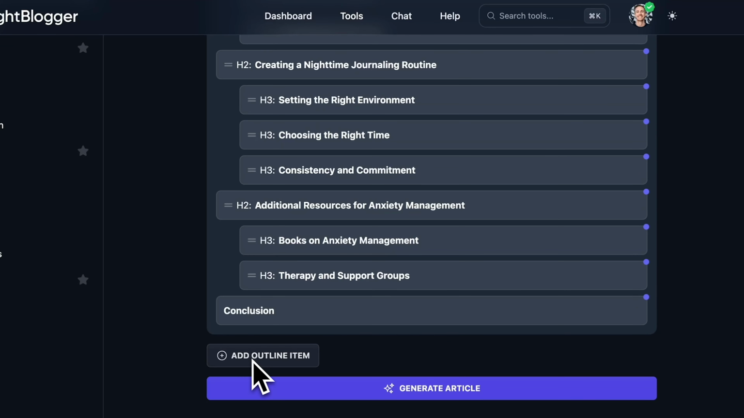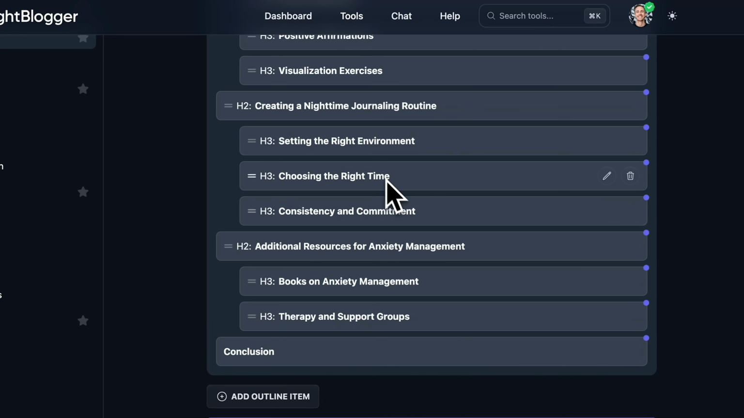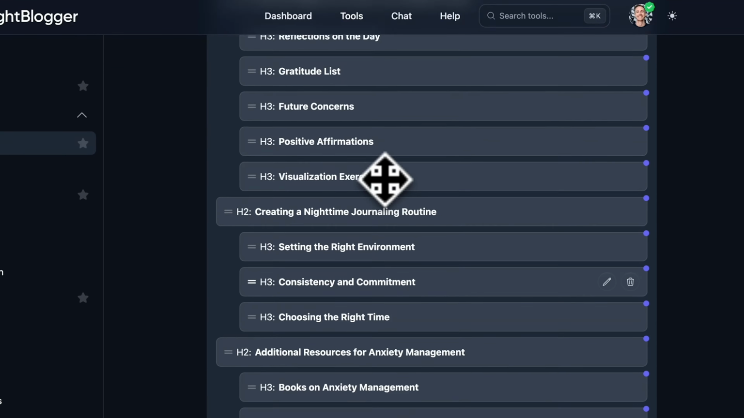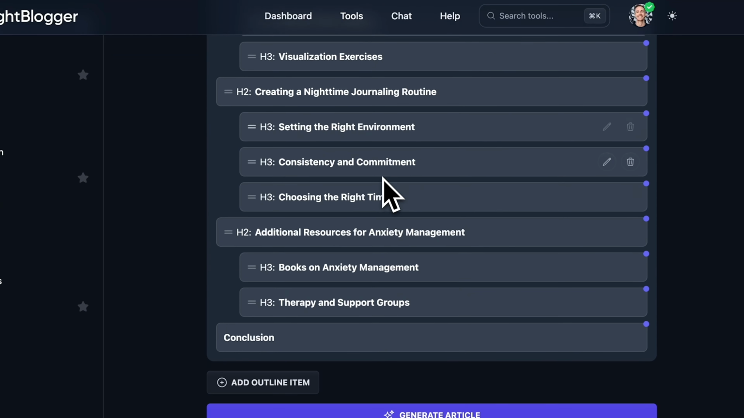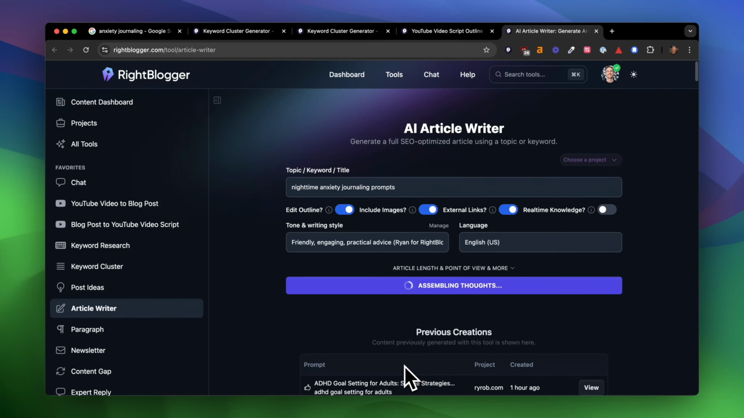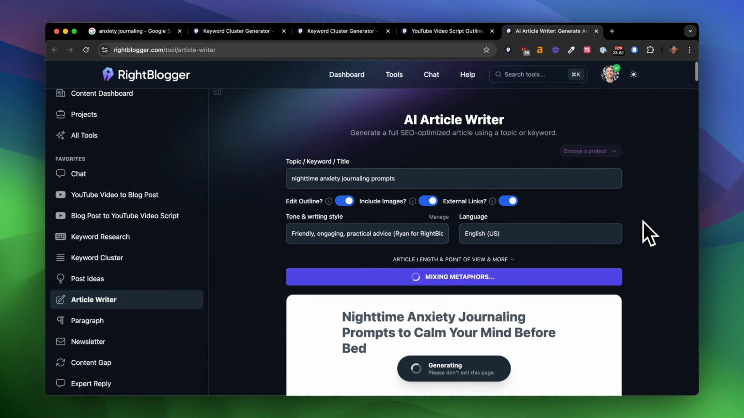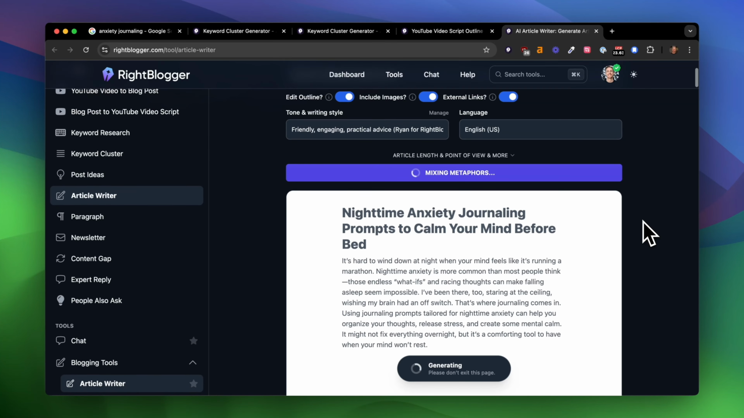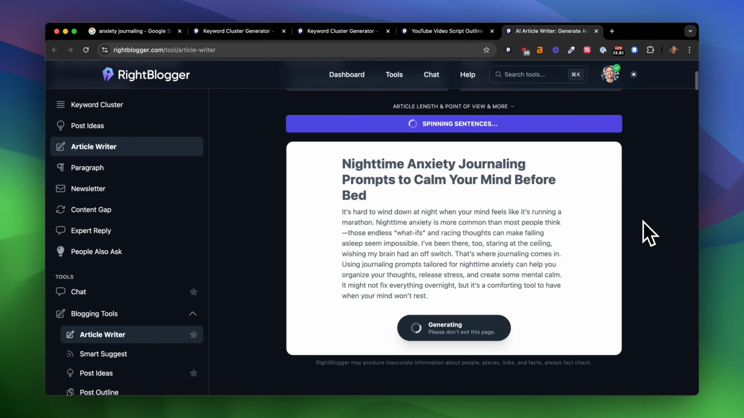Here's where you can add an additional outline item if there's something missing, or you can drag and drop things around however you like inside RightBlogger. So for the sake of this example, let's say this is ready to rock and roll. We're going to hit the generate article button, and pretty much immediately, as you can see, it's off to the races. It's already getting started with all of our own customized prompting packaged in behind the scenes that's writing this article in an SEO optimized fashion and incorporating all of the instructions that you've given to the AI